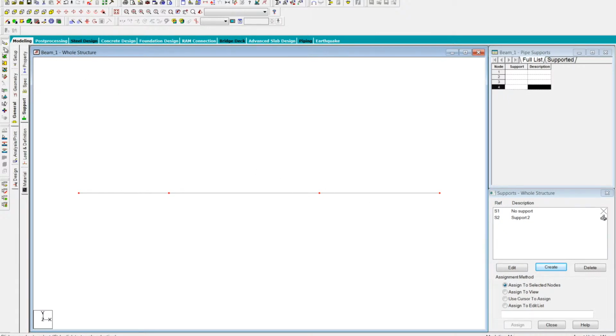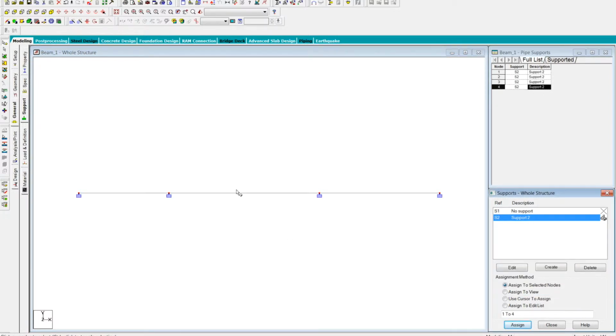Notice that the difference between beam cursor and nodal cursor is that when you hover your mouse completely over the structure, only nodes will be selected in the node type of cursor. So once we have selected support 2 and we have selected all our nodes, we will click on assign to the selected nodes, assigning. Okay.